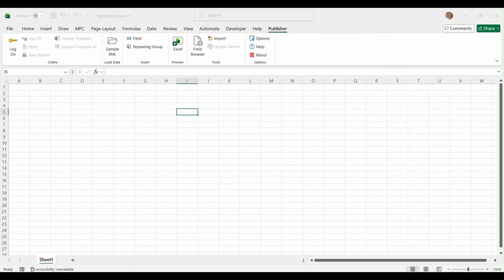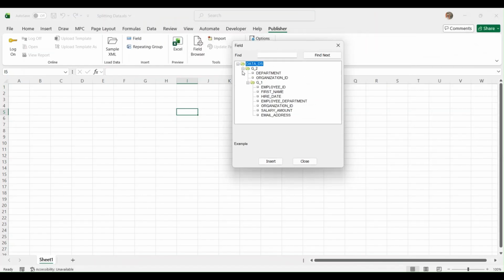Once the metadata sheet is created, it will show a field palette. Inside this we have data DS and two groups. Let me map the fields. To map the fields, I am creating the header. I am taking employee ID, after that first name, hire date, salary amount, department, and then email address. I have taken these